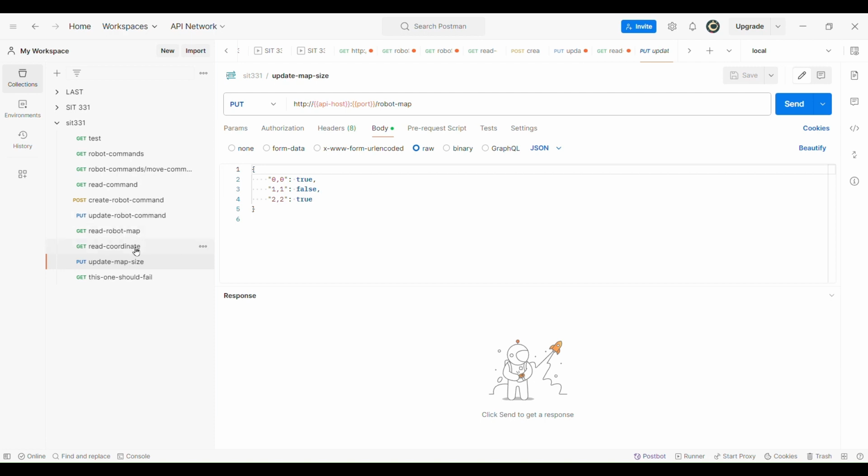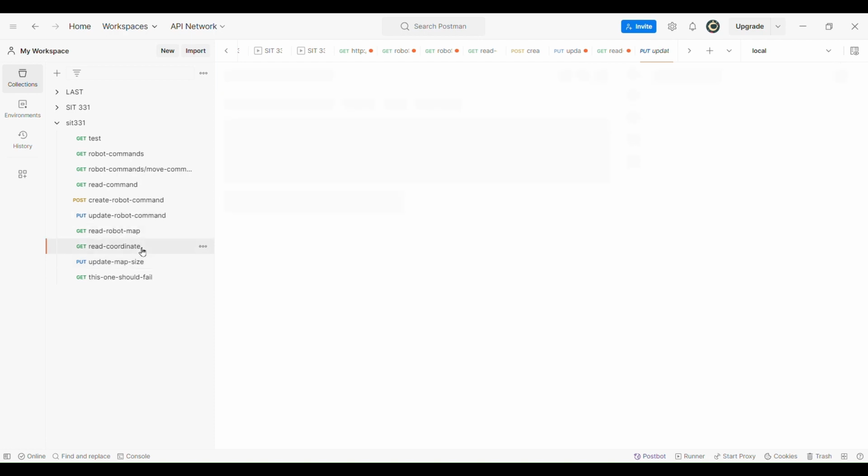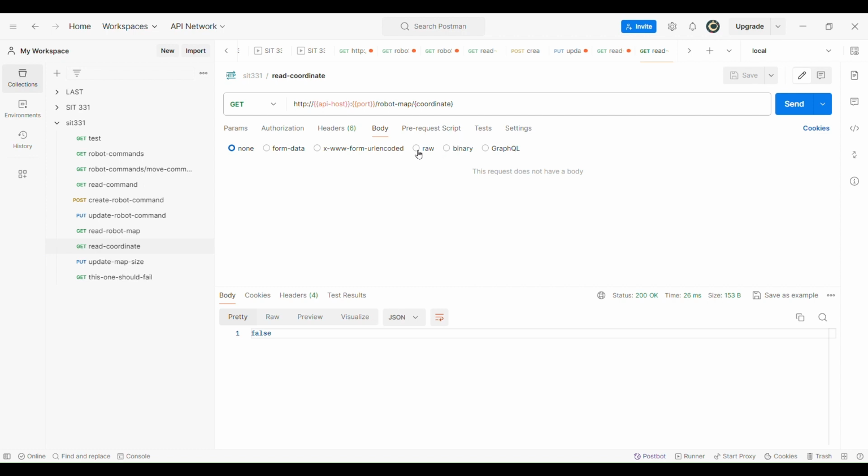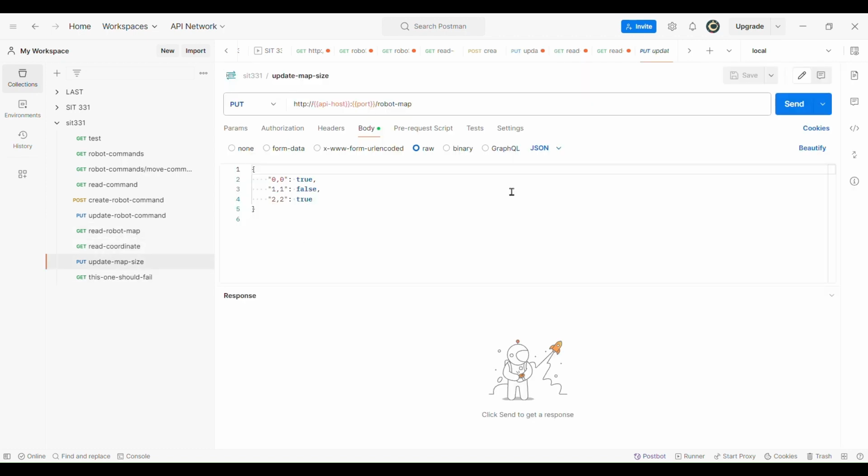Now previously we saw the state of the coordinate as null. As you can see in the body, there is no such coordinate declared. But when we come to the PUT update map, let me demonstrate how we can update this robot map. Here in the body,